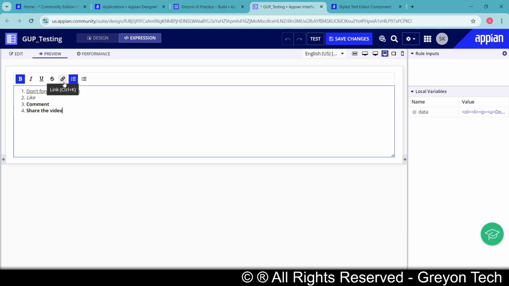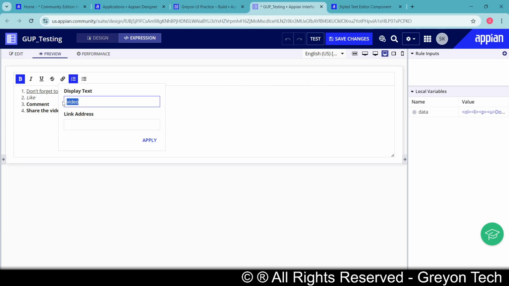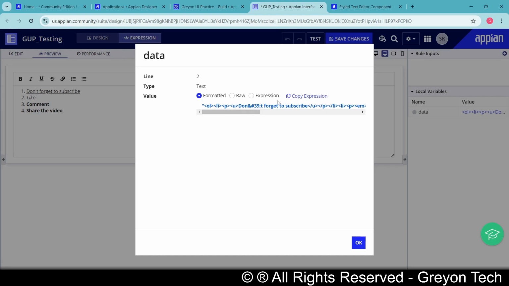And yes, we can also add a link. We can click on link, set up a display text, and bind it to a particular URL. Whatever URL you bind it to, it will be directly translated into the particular field of HTML. Probably it would be a link field, right? So that is how the interface component works, that is called the styled text editor component.